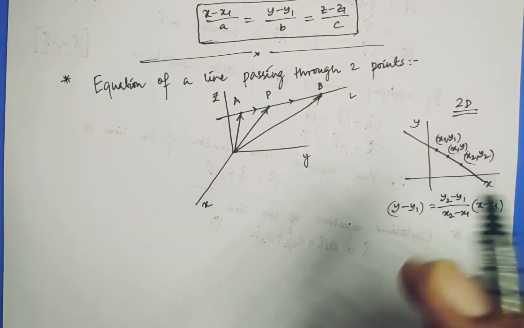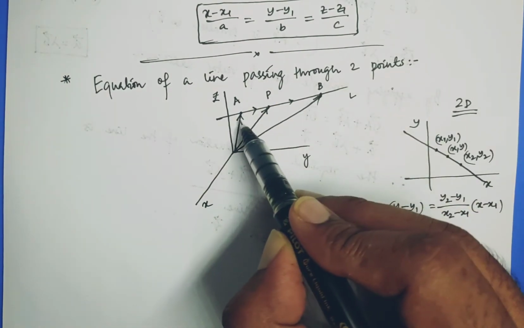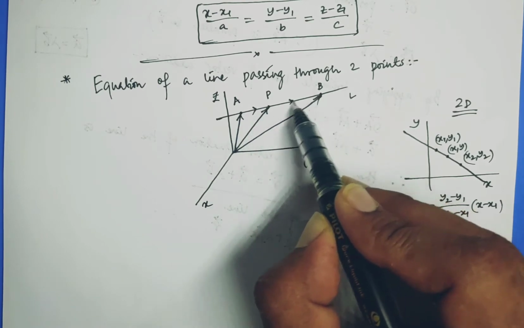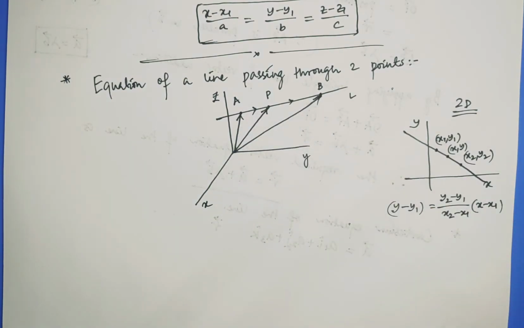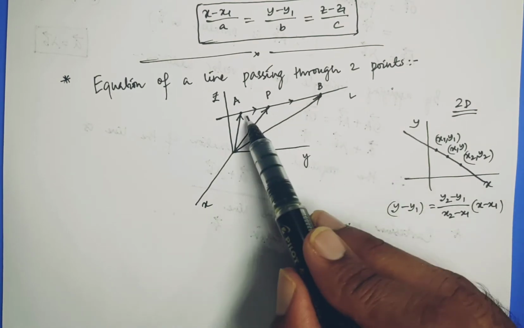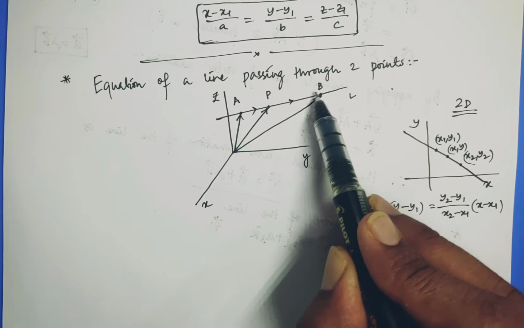Okay? Understood? So what I will be doing in here is, listen very carefully. What we have in here, I don't see any parallel vector, right? But I see one thing. There is one AP vector and there is one bigger AB vector. What I told you, I found the slope of the line with the help of the 2 points, right? So in the same way here, I will find the slope of the line with the help of these 2 points.